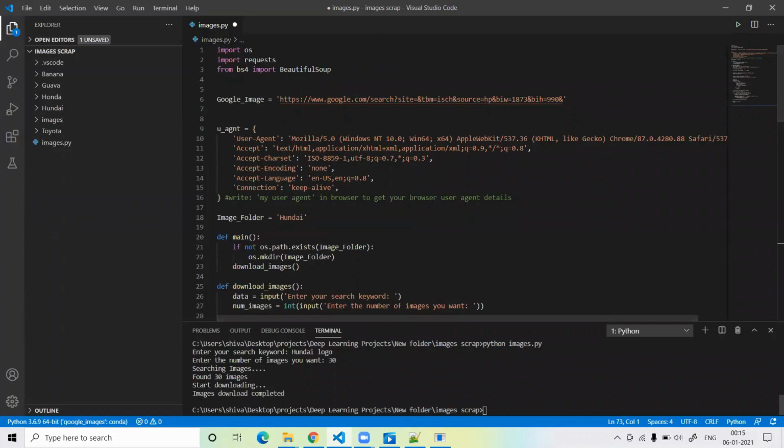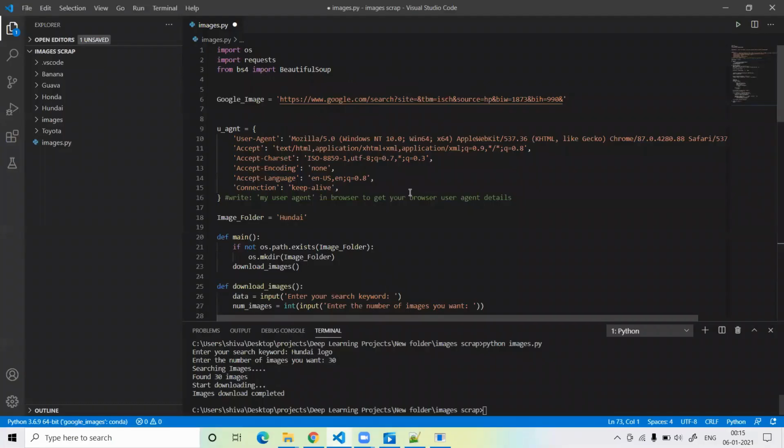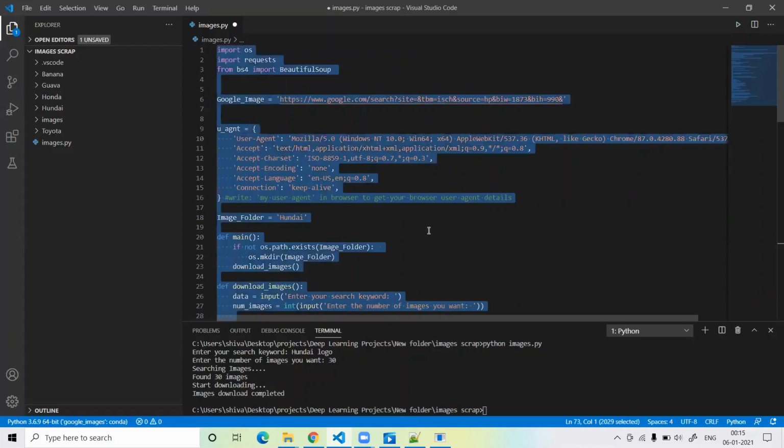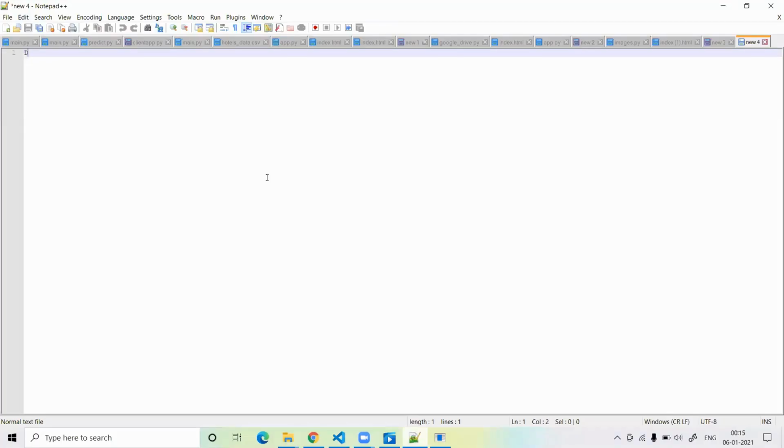Okay. So your task, you have to use this whole code, change your user agent only. After changing the user agent, you have to download images from Google using this code.